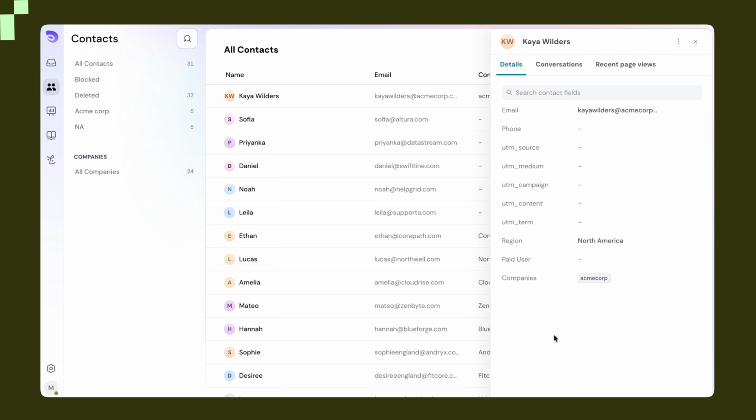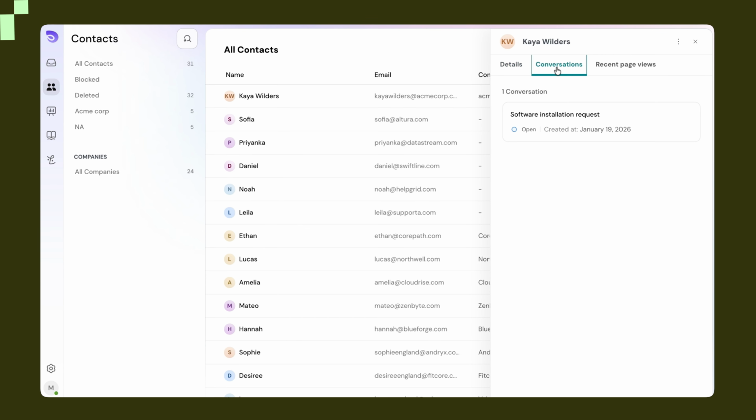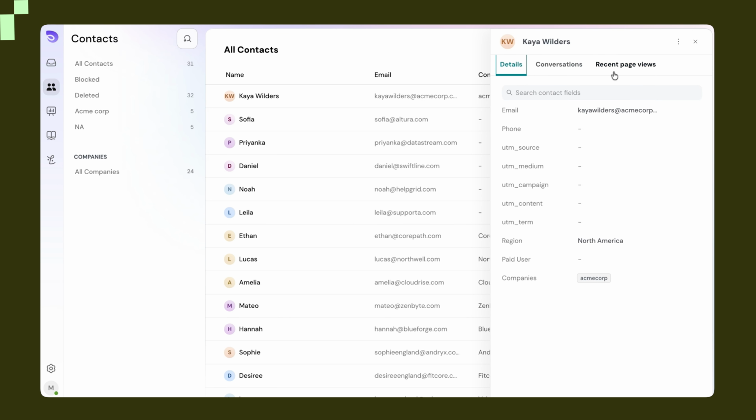Inside a contact profile, the Conversations tab shows every ticket this contact has submitted so far. This helps agents understand the full history before responding. You can also see their page visits, which gives you insight into what they've recently viewed or interacted with in your website. If you want to block or delete a contact, you can do that from the More Actions menu